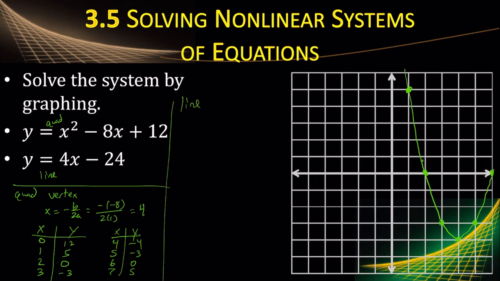Now let's do the line. Okay, the y-intercept is negative 24. That won't fit on my graph. So maybe I just want to make a table for this too in my calculator. So if I do that,